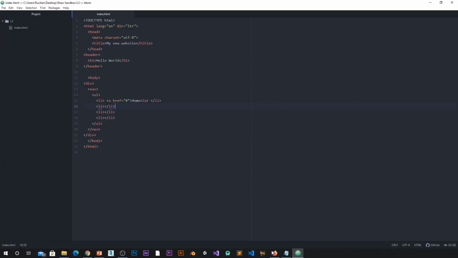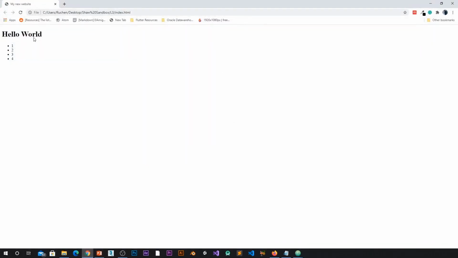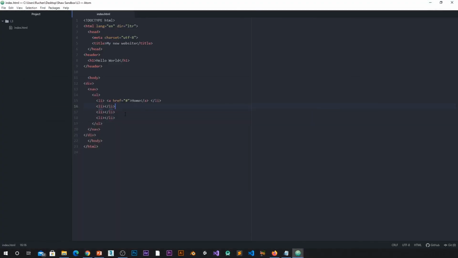So I'll save that, make sure everything's working wonderfully. I'll hit back over. If I refresh, I've got this link that looks like a home tag. If I click on it, nothing's going to happen because it doesn't take me anywhere yet. Okay, but I'm doing this on purpose so that we can actually define this at a later stage. So I'm going to do the exact same thing over here, where I'm going to say anchor tag, just hit A, autocomplete anchor, and then I'm going to call this one learn code,